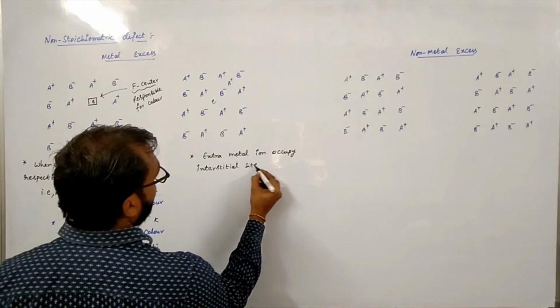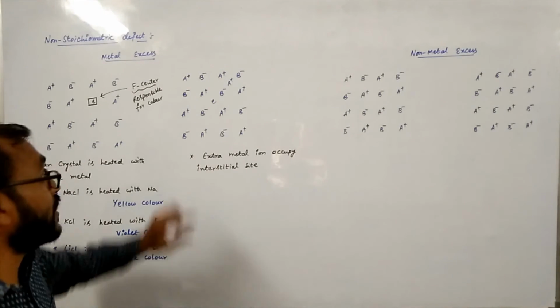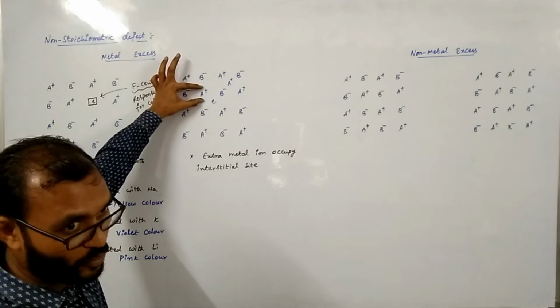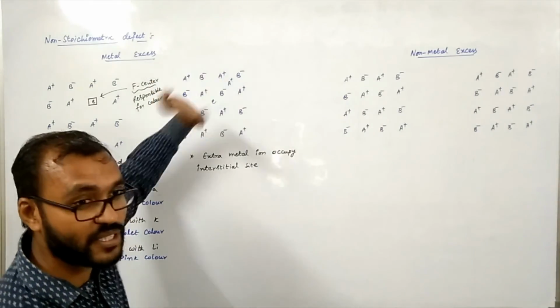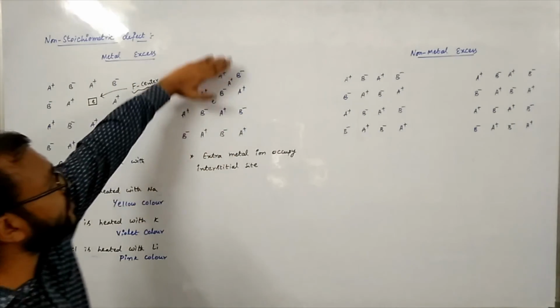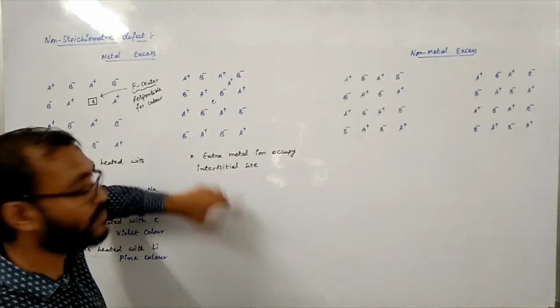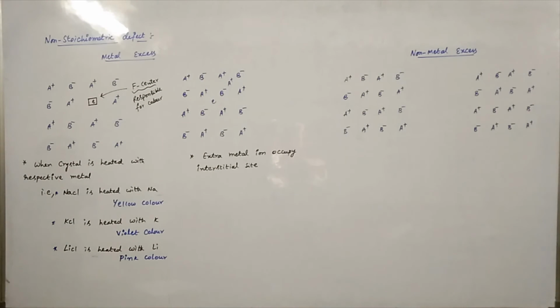So can I say it is similar to the Frenkel defect? Yes. But not exactly, because in Frenkel defect, a cation from one side is missing and occupying an interstitial site. Here, an extra cation is present. Now, what is the electrical charge of this crystal? Neutral again, because one positive, one negative electron. So that is the second type.